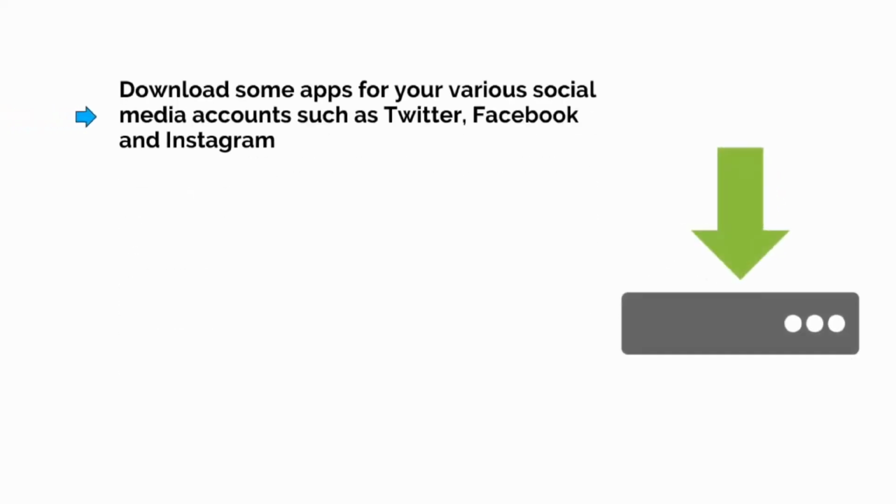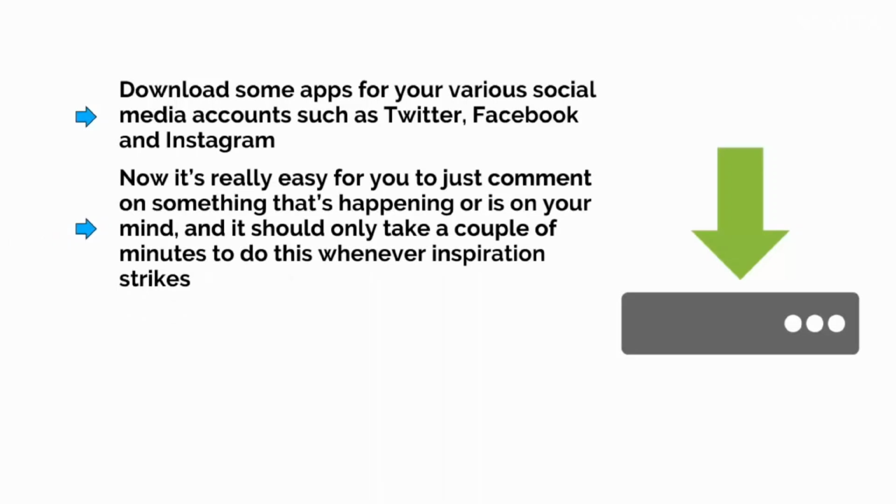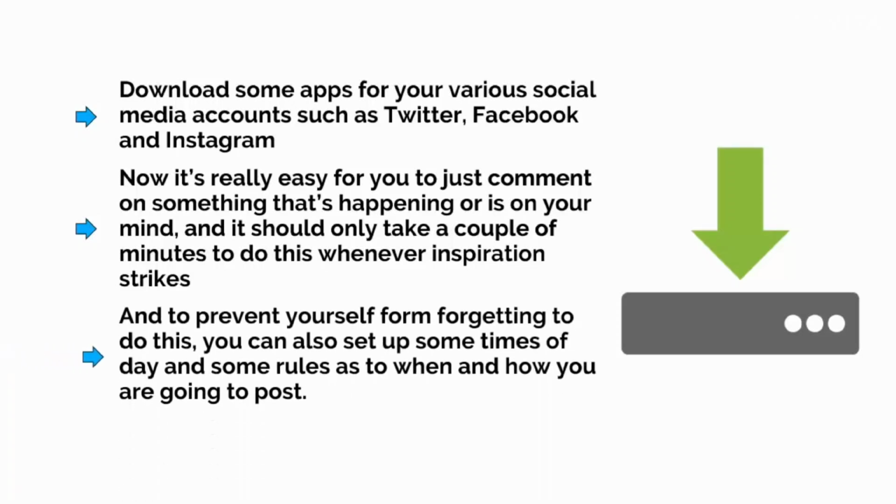The simple trick is to download some apps for your various social media accounts such as Twitter, Facebook and Instagram, and the official ones usually work best. Now it's really easy for you to comment on something that's happening or is on your mind, and it should only take a couple of minutes to do this whenever the inspiration strikes. And to prevent yourself from forgetting to do this, you can also set up some times of the day and some rules as to when and how you're going to post. For example,